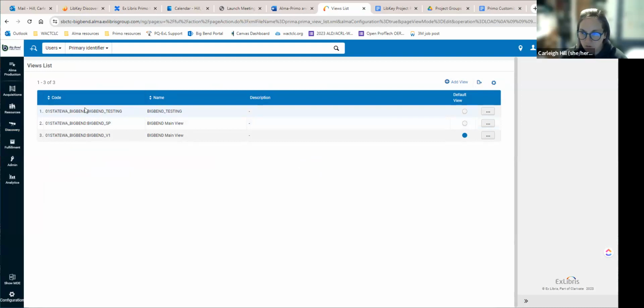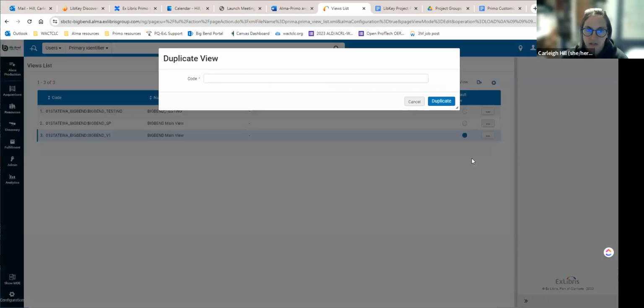But what you can do in your own is, whichever your default view is, you can duplicate, and then you give it a new code, which will be what shows up after the colon of your institution code. So I'm going to call this one